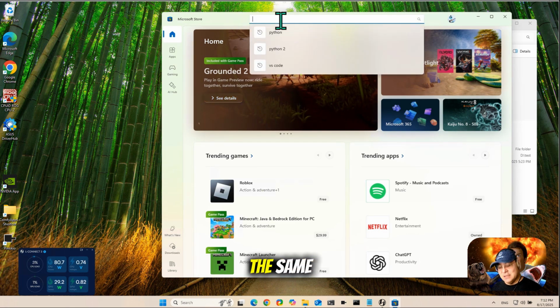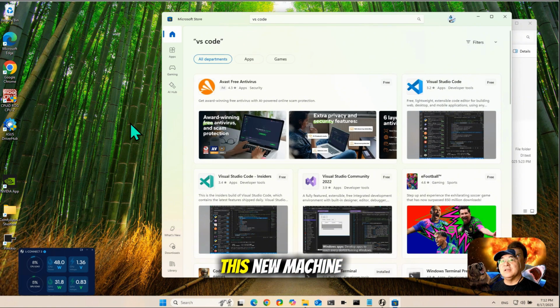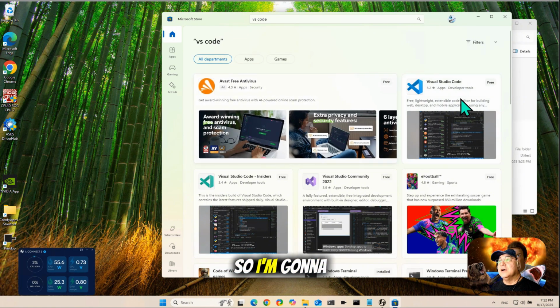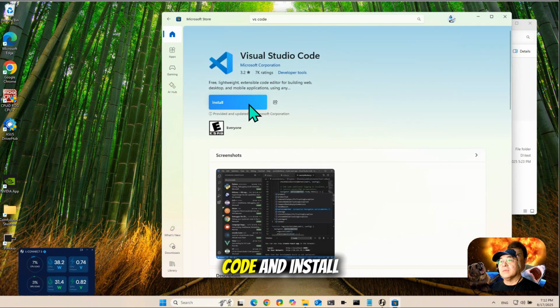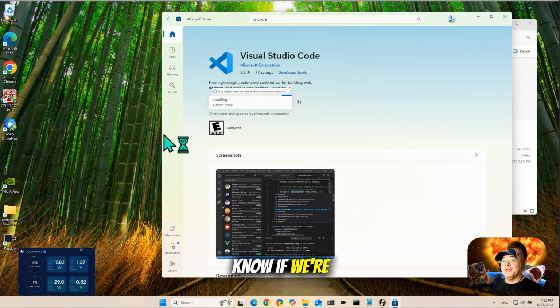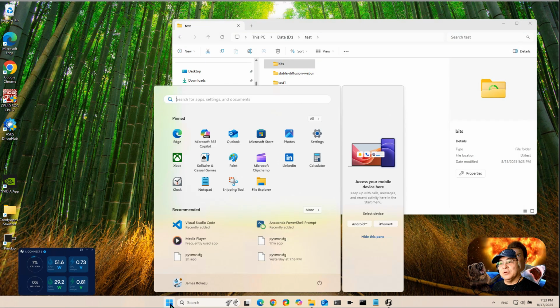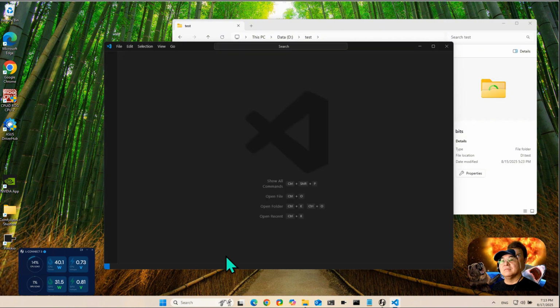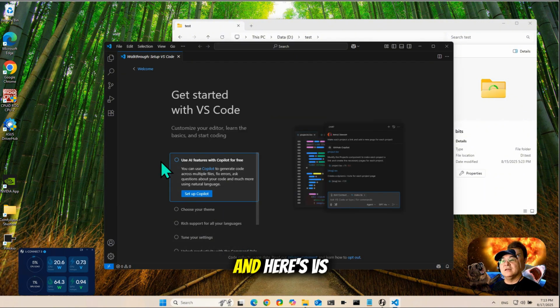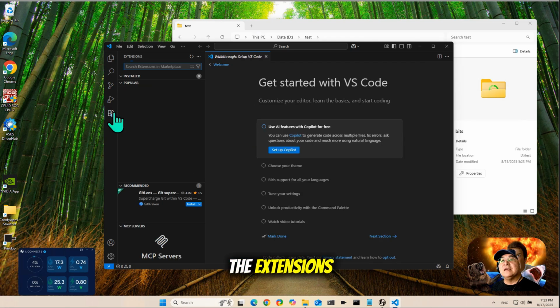The VS Code itself is the same, and for our purposes here on this new machine we don't need anything else. So I'm going to get Visual Studio Code and install it, and we don't know if we're going to get the full extension for Python. They're rolling out an update to it, so even if you install the extension you may not get all the features. So let's just see what happens. So we've installed it and I'm going to run it, and here's VS Code. The first thing I'm going to do is go to the extensions,